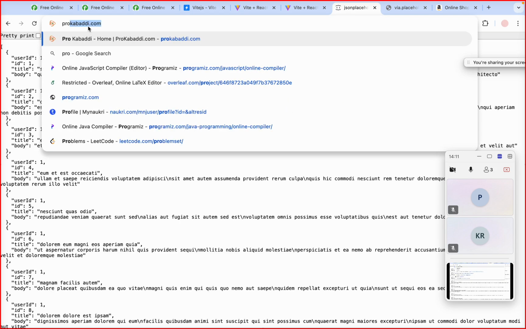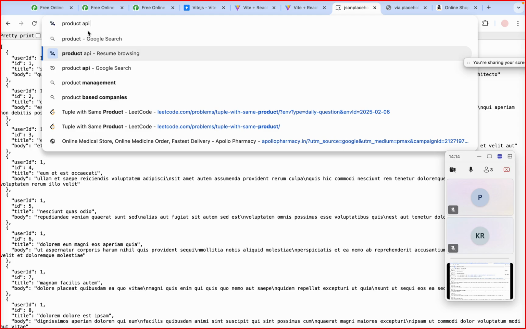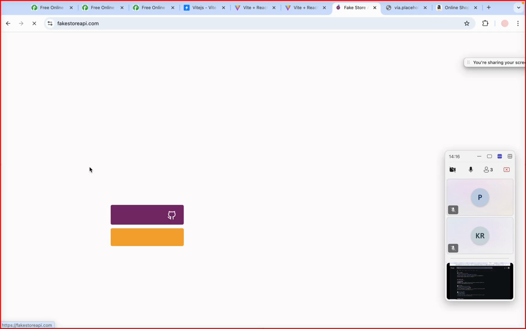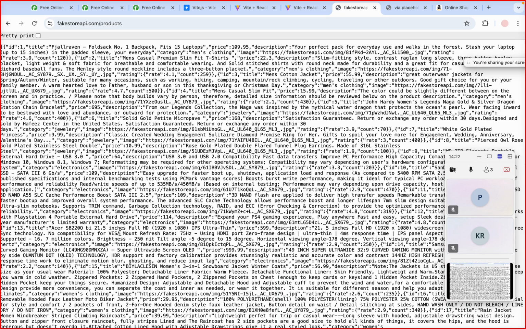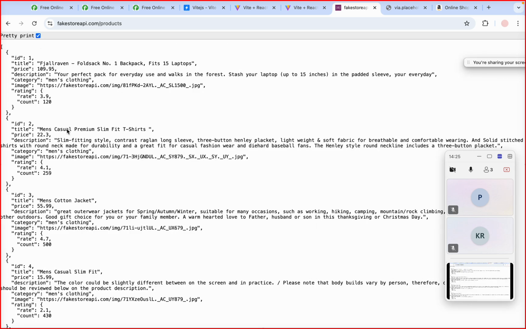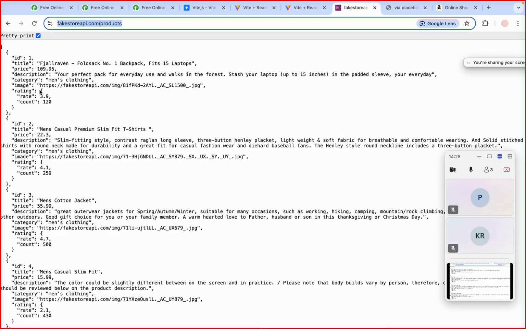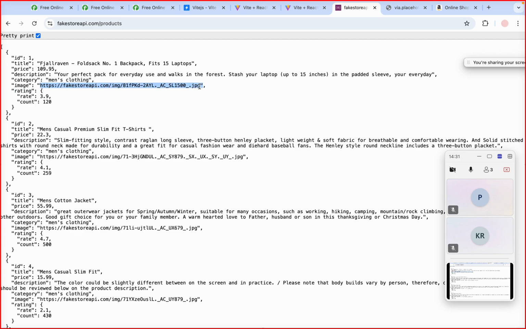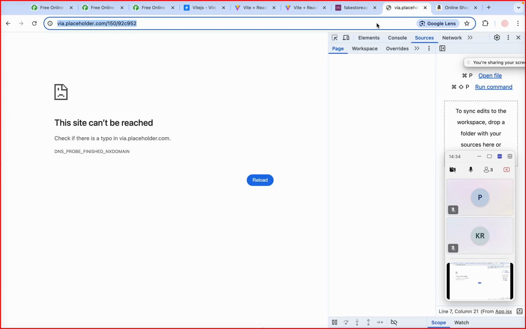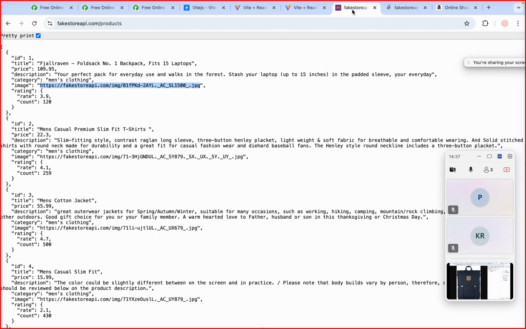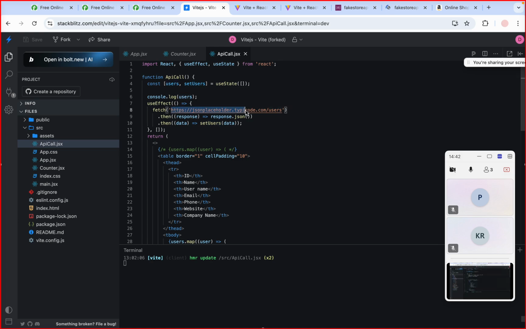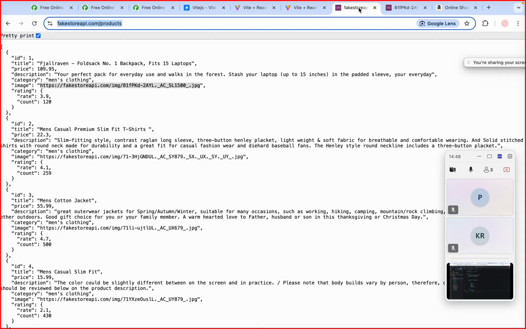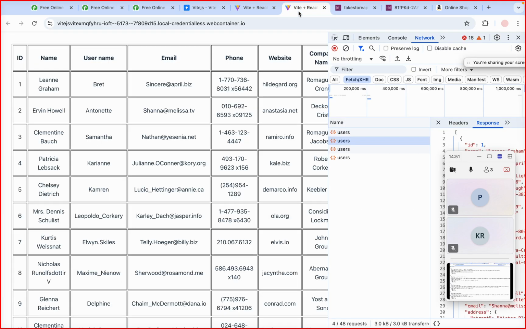So I will share one API, the product API, fake store API, product. Yes, we have the images here. So I'll use this thing, products. In that products, basically images now,